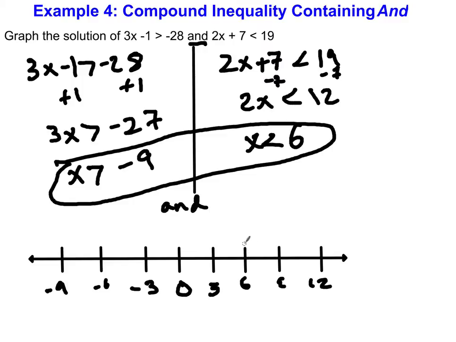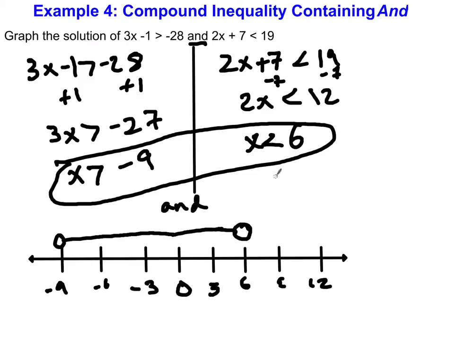Okay, so x needs to be less than 6. Oh, that's supposed to be an open circle, but it's hard to do with such a fat pen. Okay, open circle at 6, going this way, the x's that are less than that. And an open circle at -9 going this way. But since it has to be a solution to both of them, it's only these values, the things that are in between